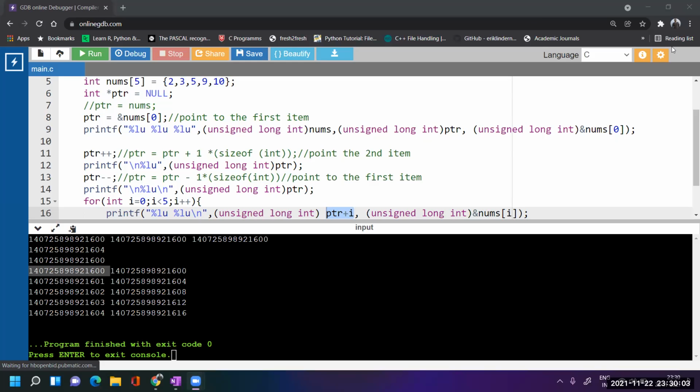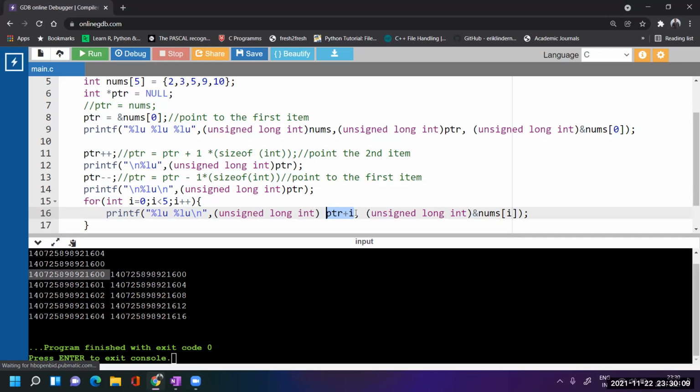Okay, just a minute. See, I am getting the address as 601. When I write PTR plus I, it is not translating to the value that we are expecting when we write address of nums of I. It is giving me just 1 byte next. So here pointer arithmetic is coming in a different way.